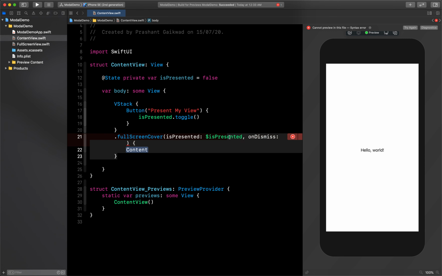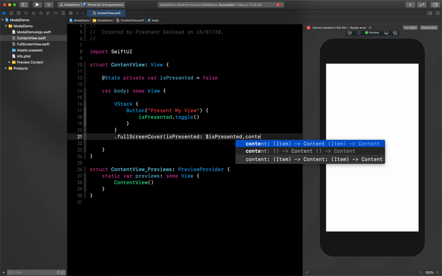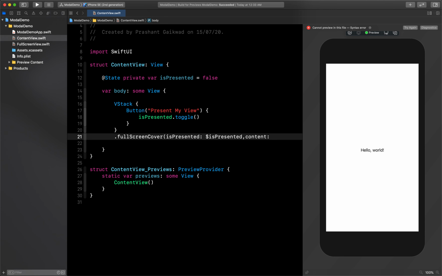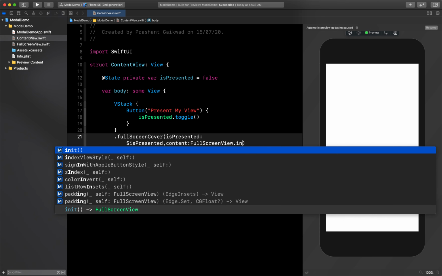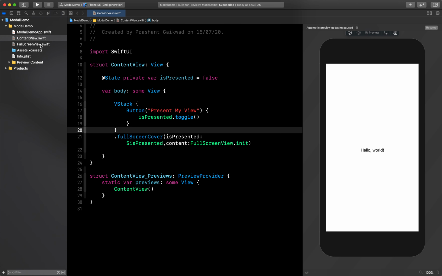So let me just write this part again where I just want to use content, and for content I will present my FullScreenView, which we have created at the start here. Okay, so let's click resume and see if we can see our button here.